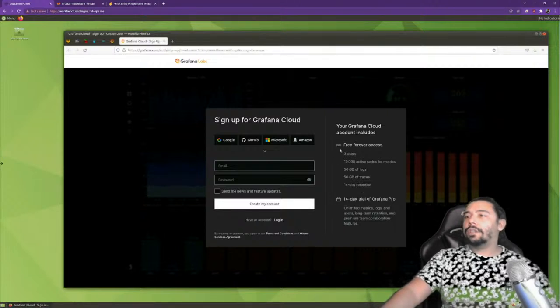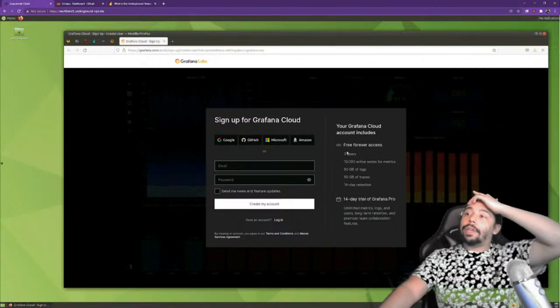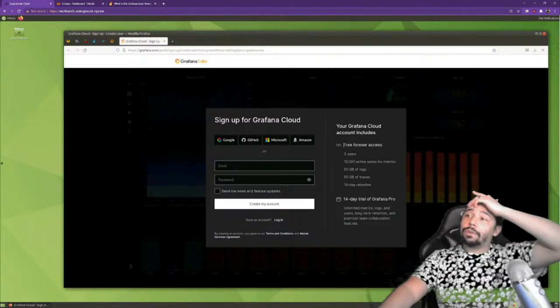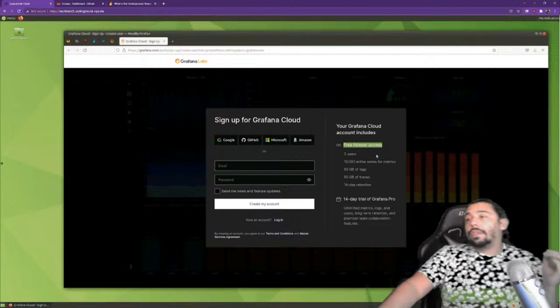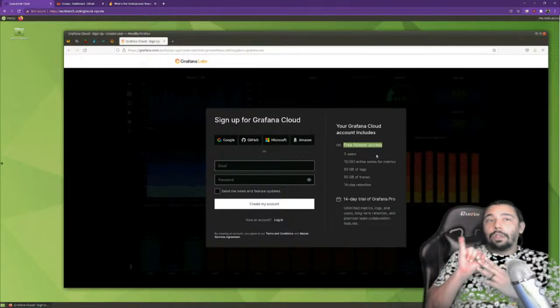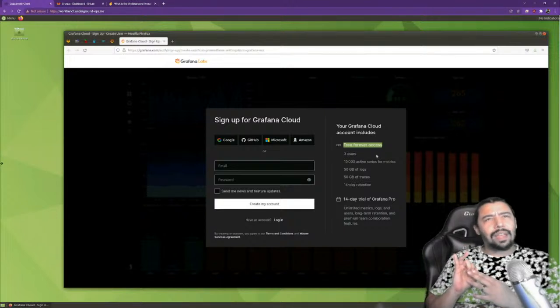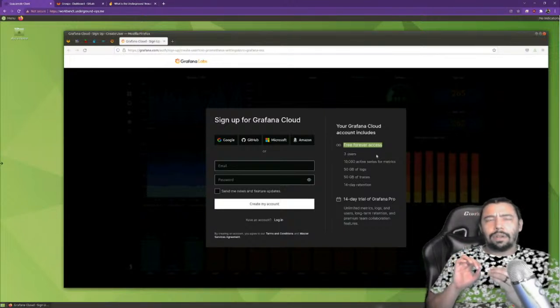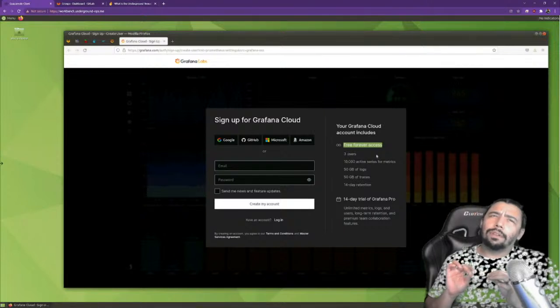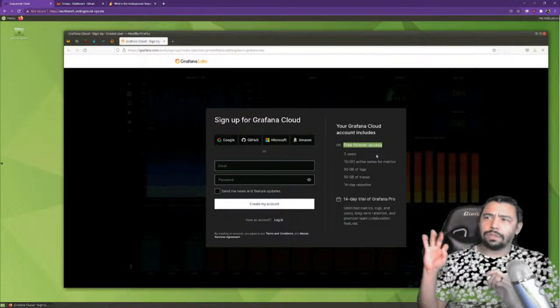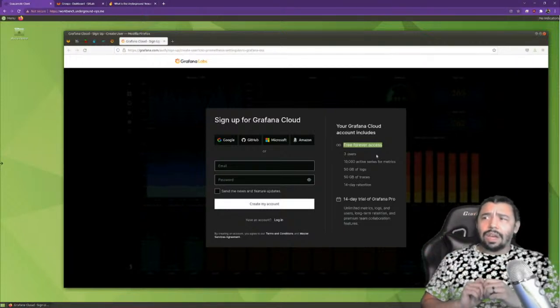So Grafana works with Loki, and they now have a free forever access account, and then you can also build your own self-hosted resources here and combine that with your free forever access. And what this gives you is Loki and Prometheus. I don't know if it gives you other resources with that, but it makes it easier. Oh, I don't know about easier, but it's configuration compute that you can use for free forever for 3 users, 50 gigabytes of logs.